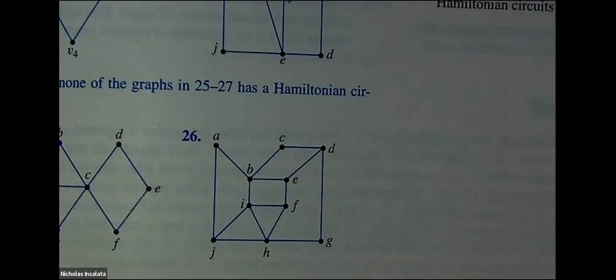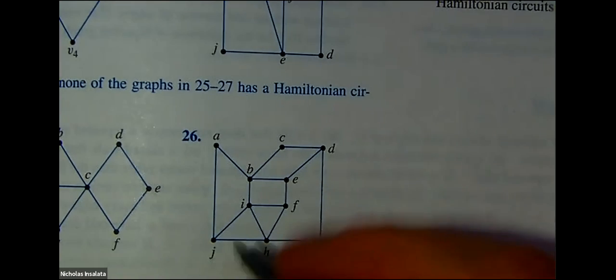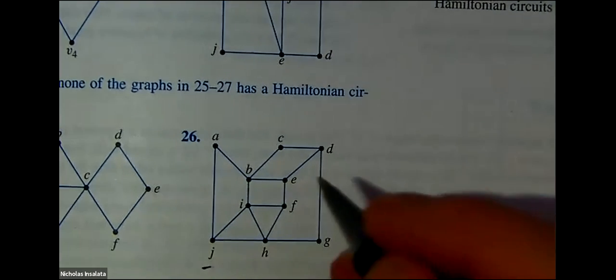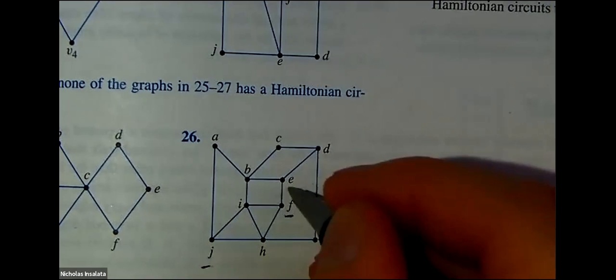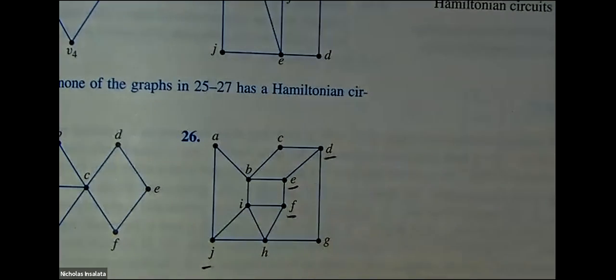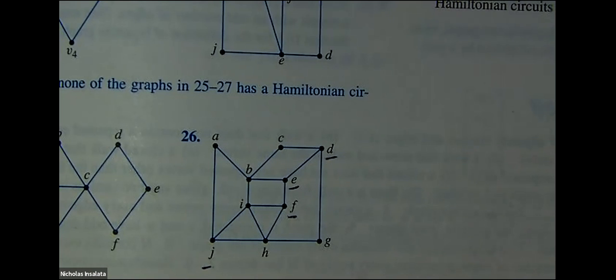But if it has two vertices with odd degree, then we could do at least an Euler trail. F, E, and J. Okay, so there's J, F, E, and D. So those are the ones with odd degree, right? So